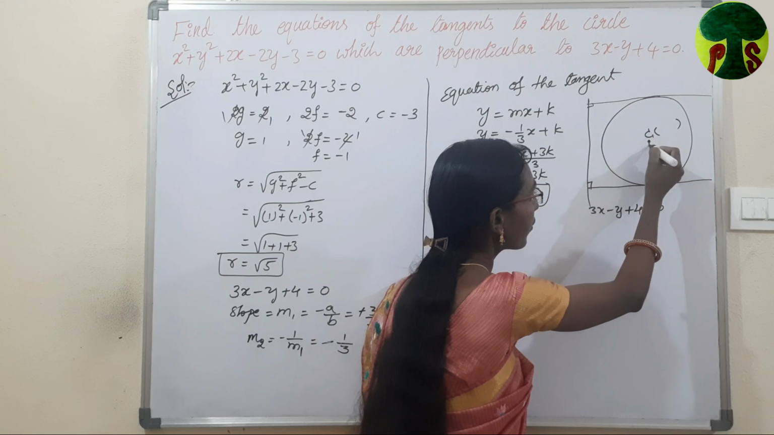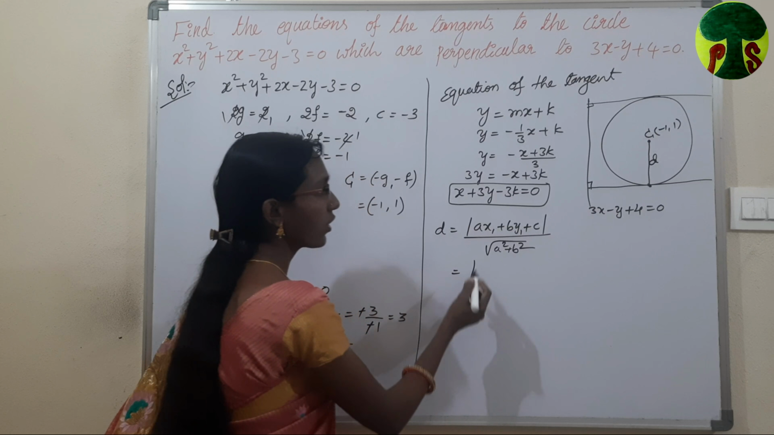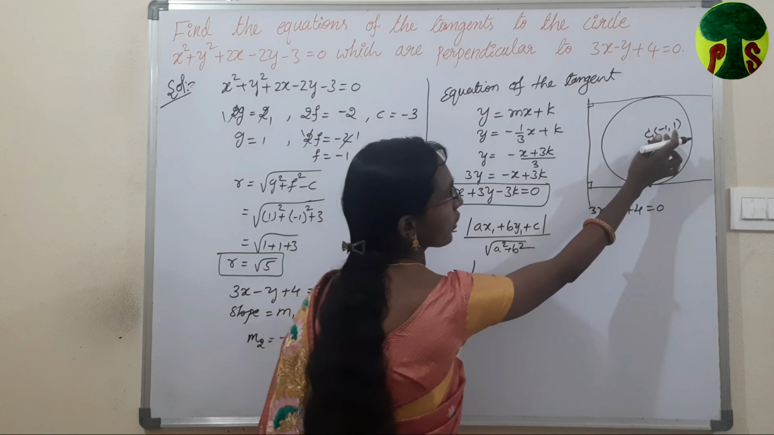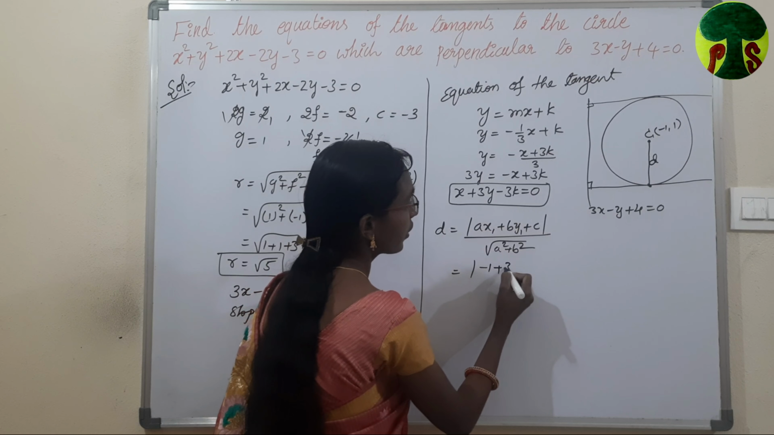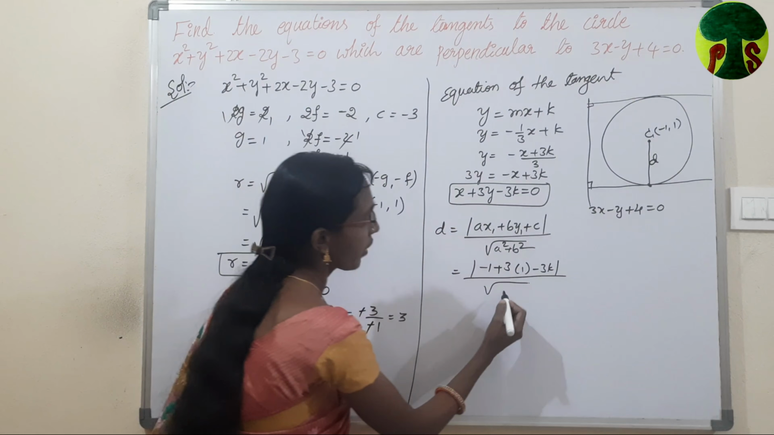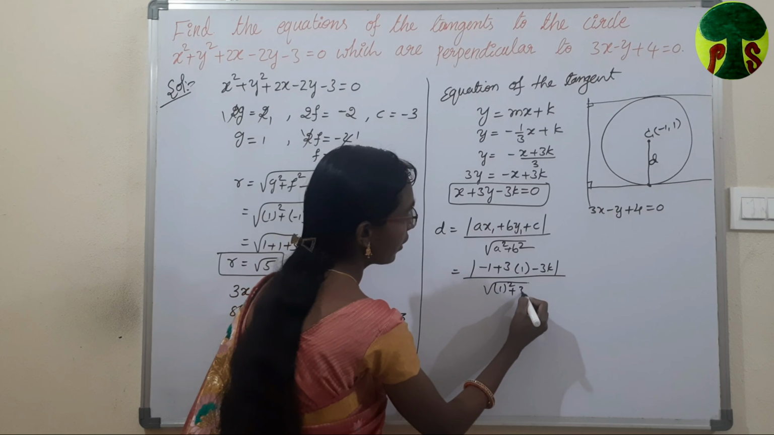So the perpendicular distance d is equal to modulus of ax1 plus by1 plus c by square root of a square plus b square. So d is equal to modulus of, x1 value is minus 1, so minus 1 plus 3 into the value of y1, which is 1, minus 3k, divided by square root of the x coefficient, we have 1, so 1 square, plus the y coefficient is 3, so 3 square, which is equal to modulus of minus 1 plus 3 minus 3k divided by square root of